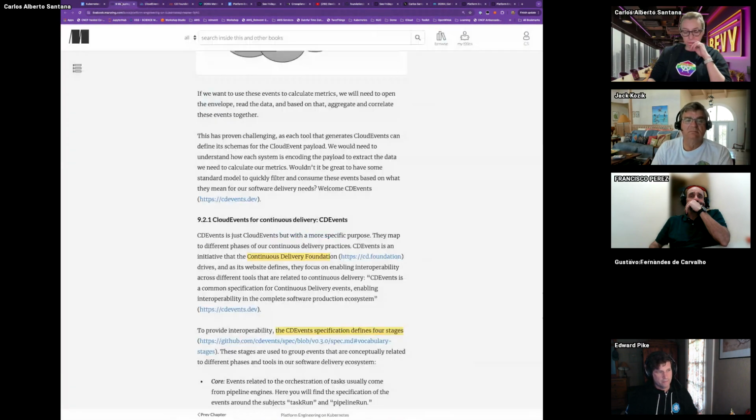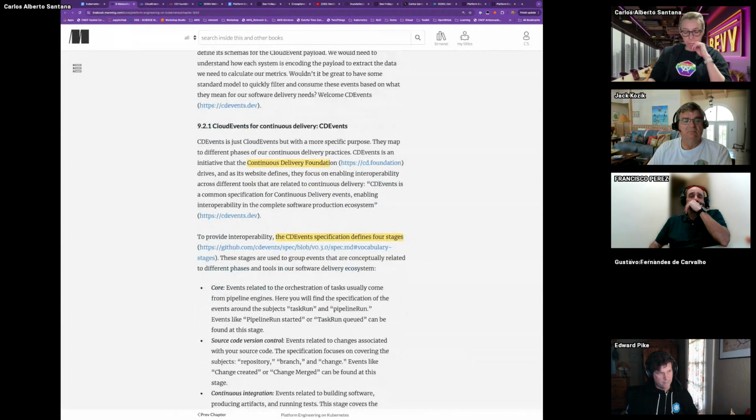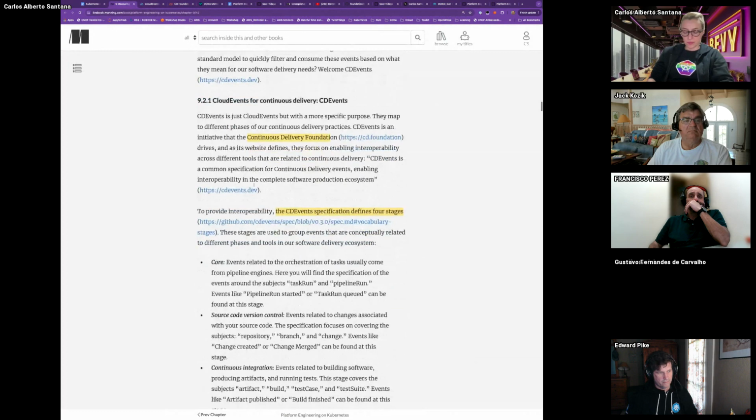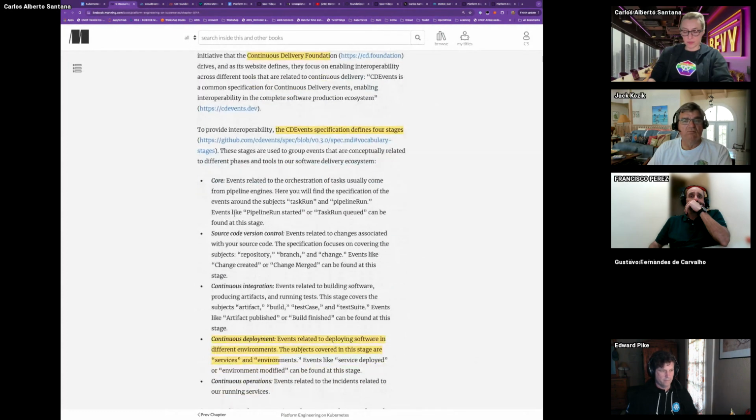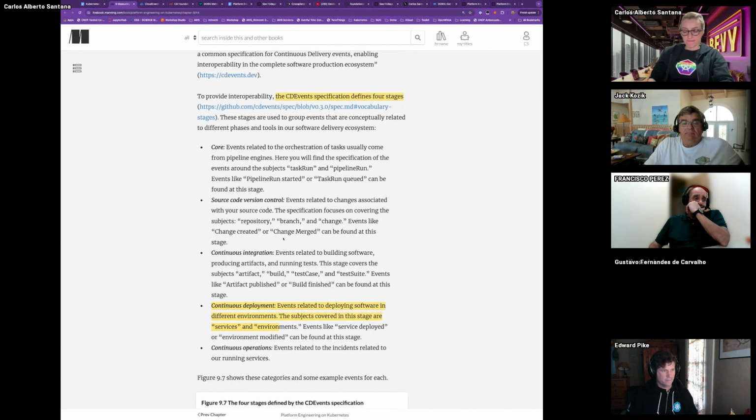So going back to the book, what he's saying is that CloudEvents is kind of generic. CD events has a schema or specification for creating events, and a vocabulary of stages, like core events, meaning a task run or a pipeline run, and source code version control events, like a change created or a change merged.